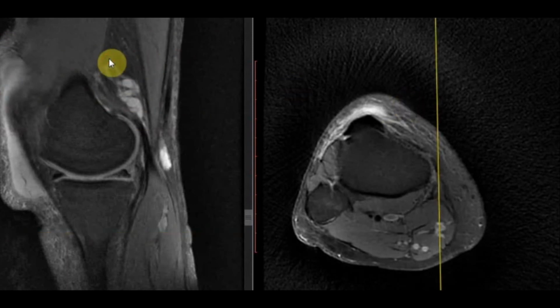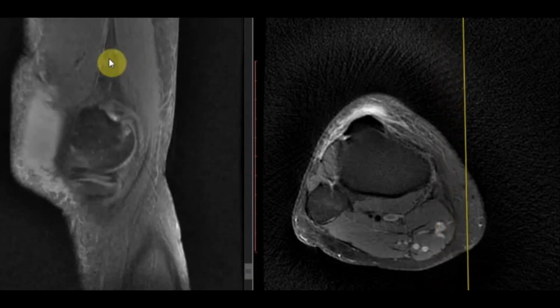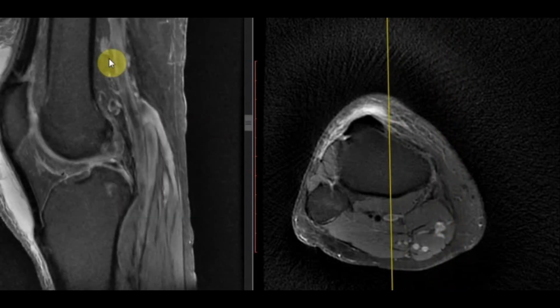So I showed you the cases of patellofemoral instability, Morel-Lavallée lesion, and the prepatellar and superficial infrapatellar bursitis. Then I showed you a case of chondromalacia patellae, and there are many other pathological entities also which can be seen in the extensor compartment of the knee joint, which includes rupture of the quadriceps tendon and jumper's knee and Osgood-Schlatter's disease or Sinding-Larsen-Johansson syndrome.